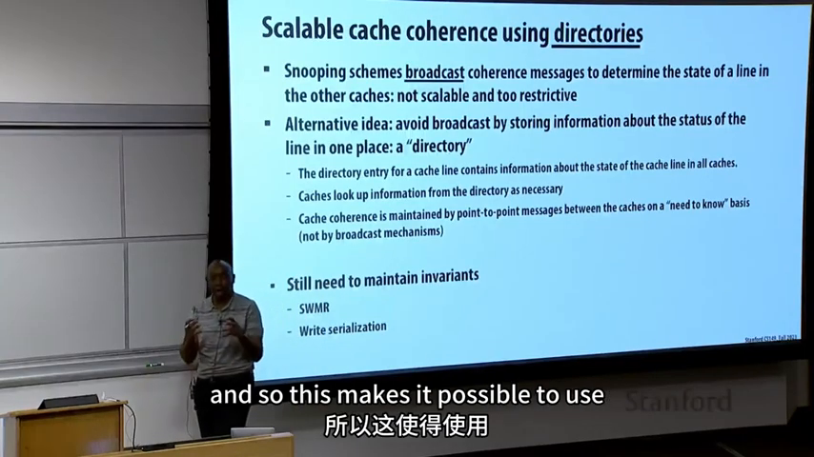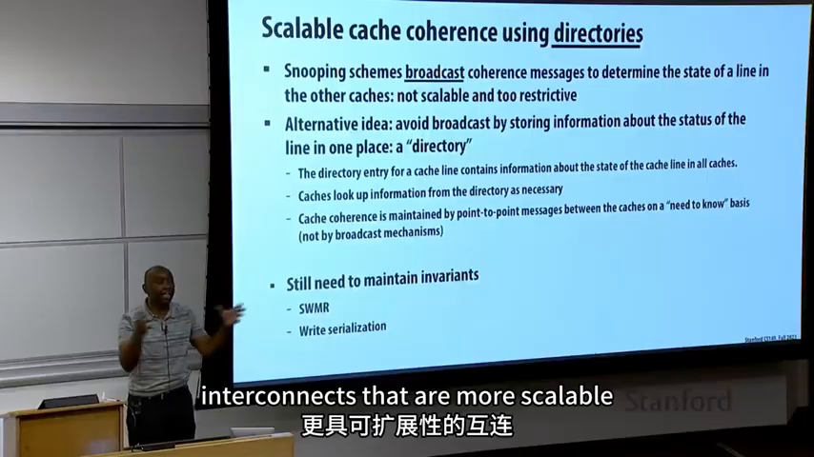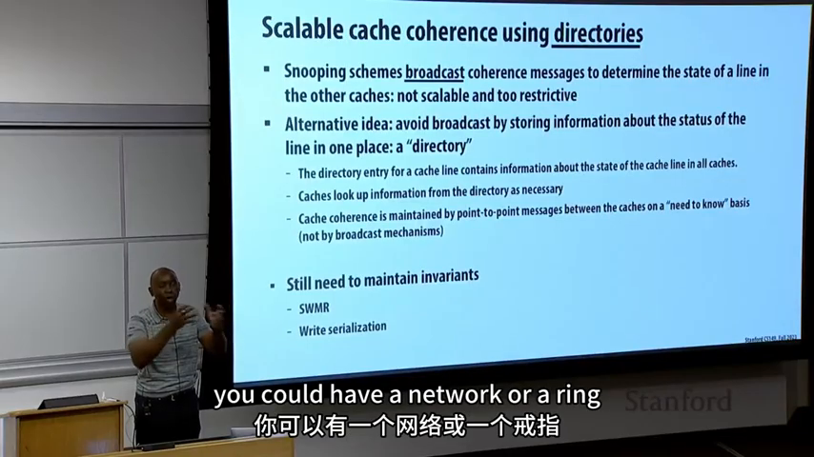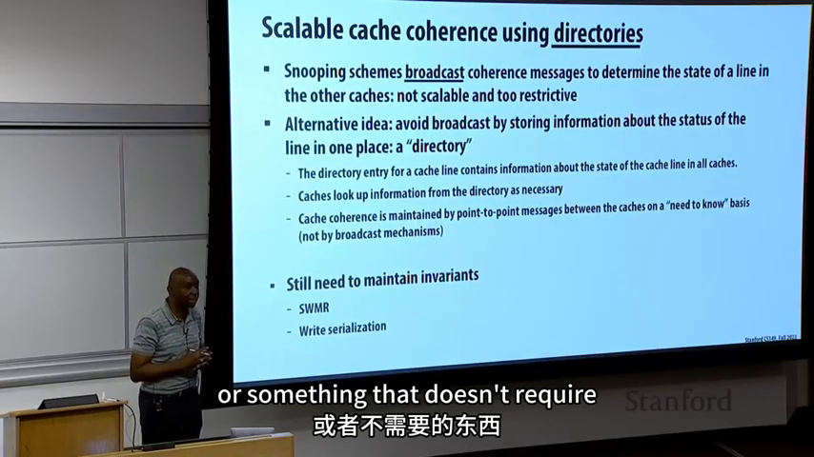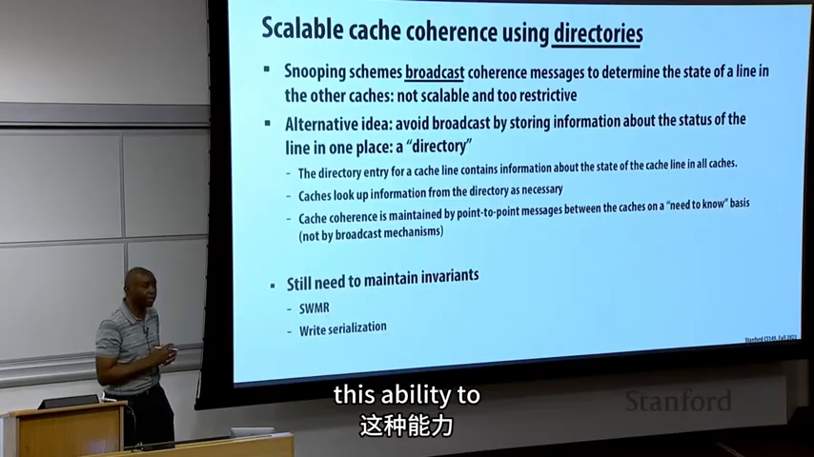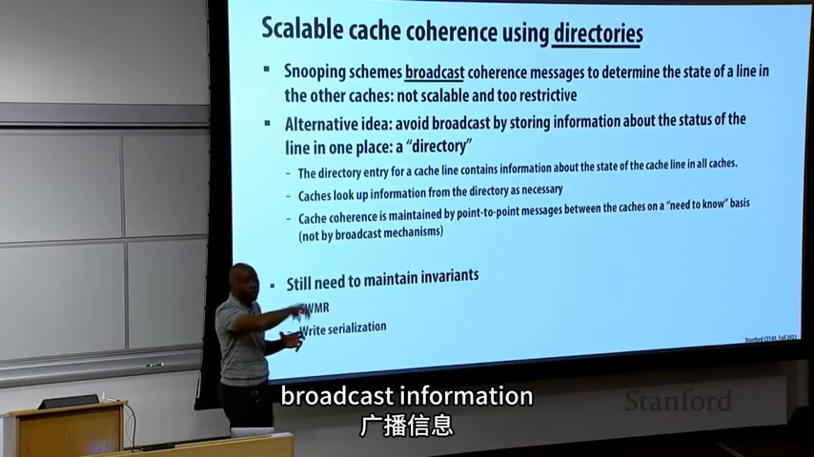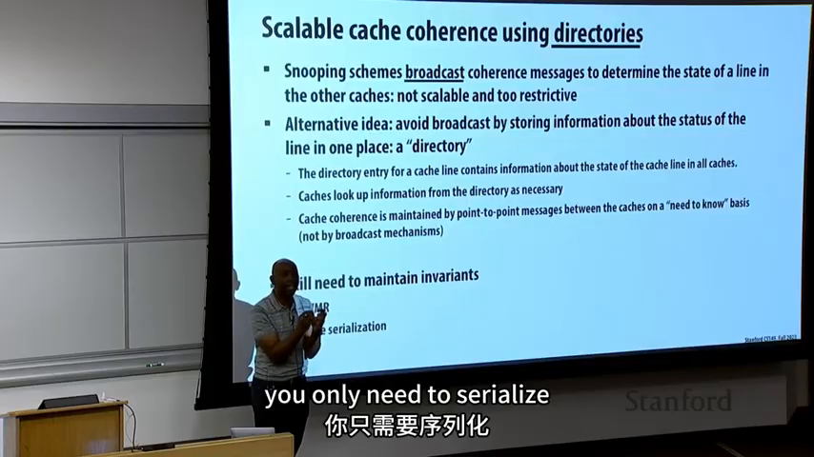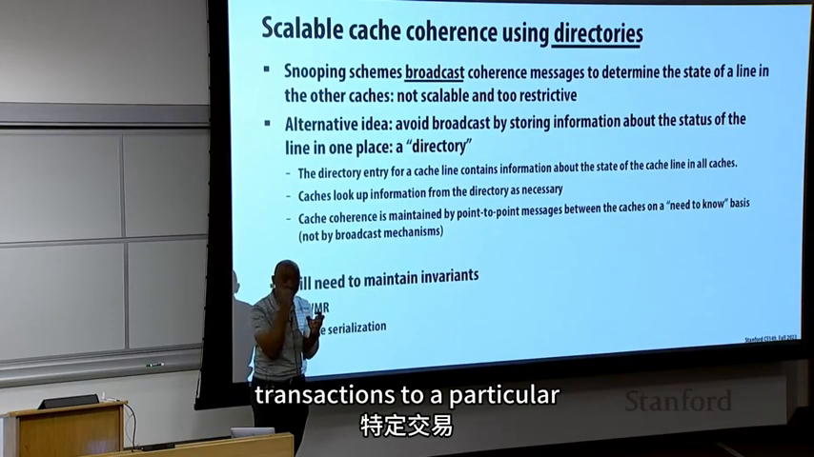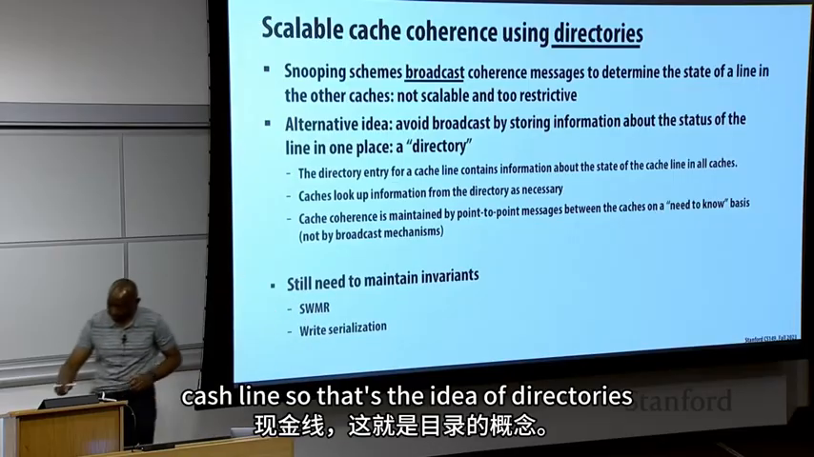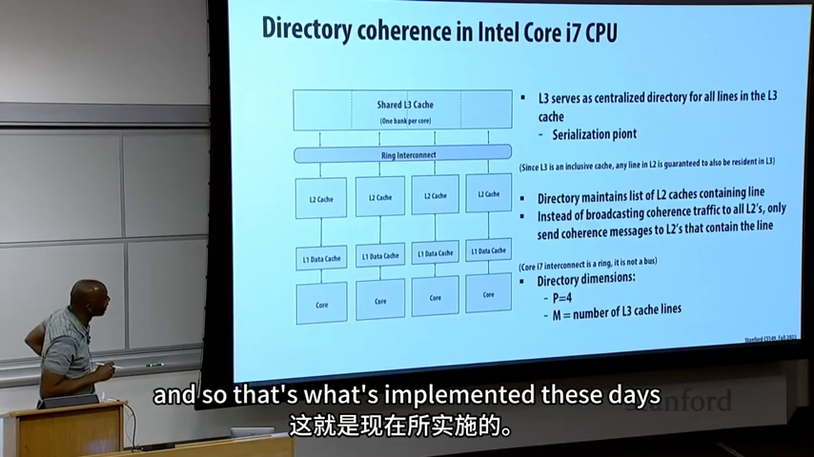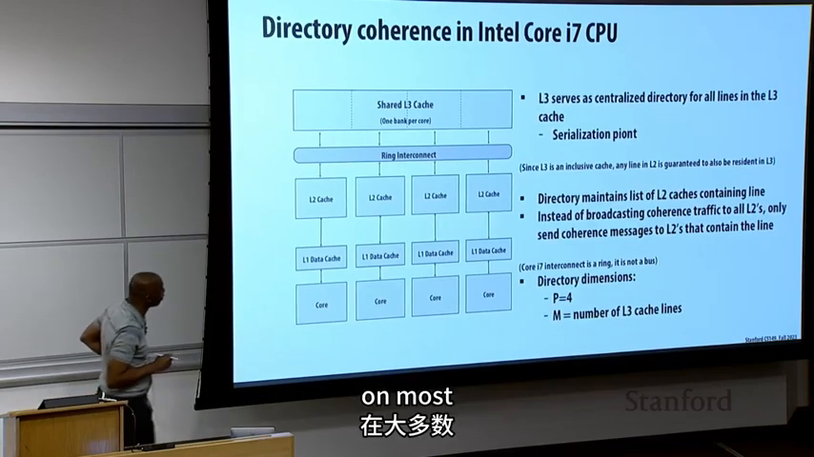And so this makes it possible to use interconnects that are more scalable. So instead of having a bus, you could have a network or a ring or something that doesn't require this ability to broadcast information and serialize all of the transactions in the system. You only need to serialize transactions to a particular cache line. So that's the idea of directories, and that's what's implemented these days on most